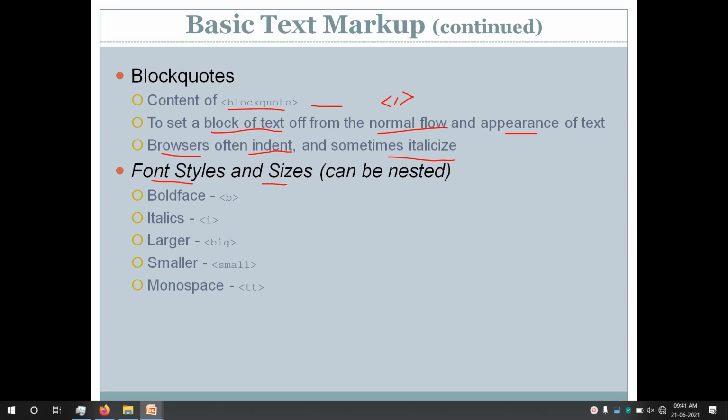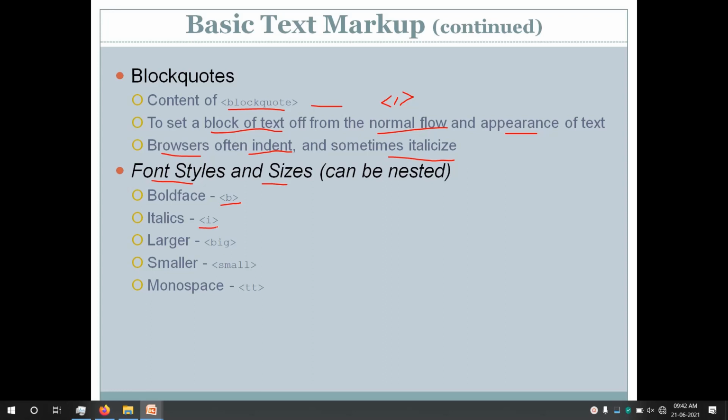Formatting is not the main intent of HTML, and because of this the formatting details are generally done using one more language known as CSS, that is Cascading Style Sheets. Even then, HTML does support some formatting tags by which we can format our text, and some of these tags are the boldface tag, that is B. You can display your text in bold by using B.